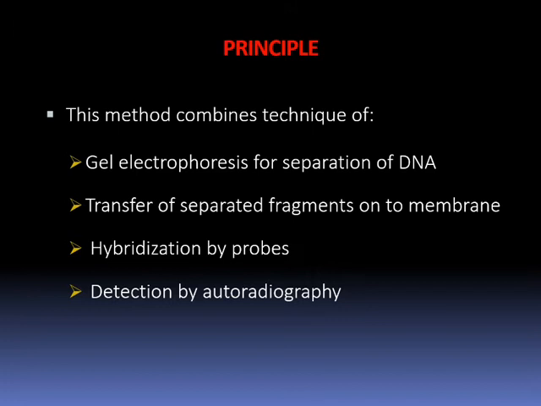Probes means the complementary copy. The complementary copy, whose sequence you know, is what you are going to use to identify the target, so we prepare it for the hybridization process. Through hybridization, the probe goes and binds to the particular target DNA as a complementary sequence. Since your probe is already labeled, we are going to detect it by autoradiography.